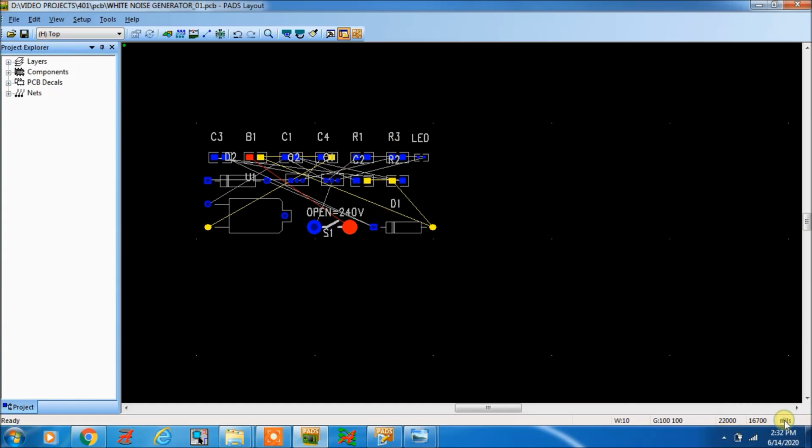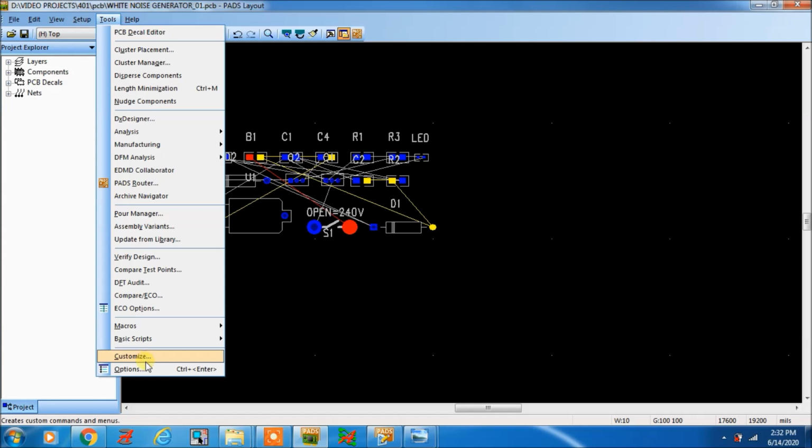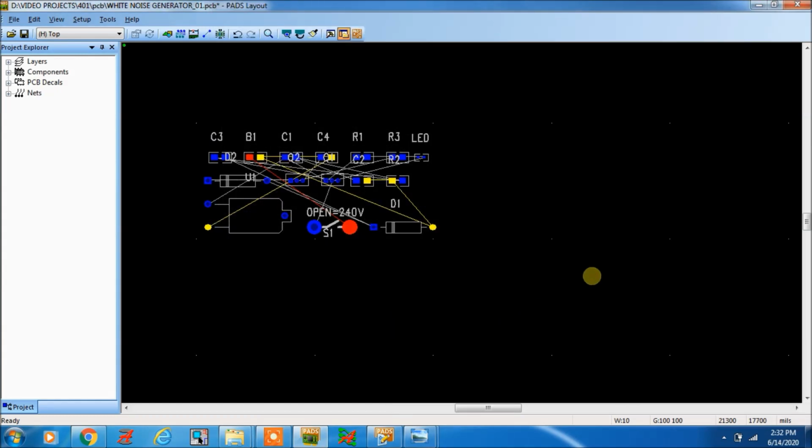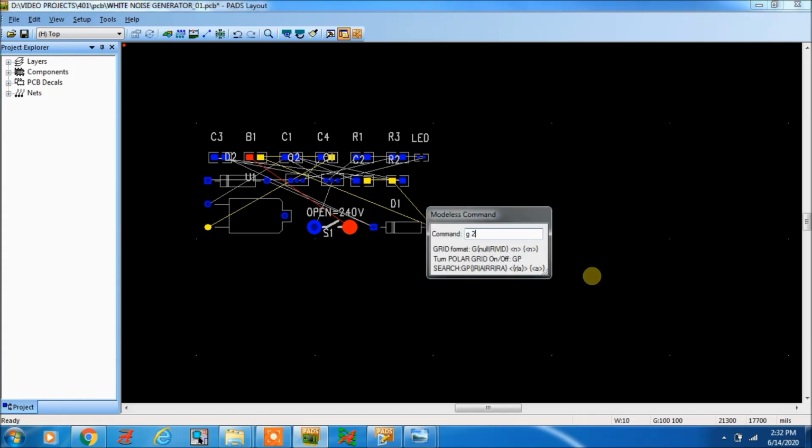Here it is in mils and grid is in 100. For that you go to options, see, you can check it here, 10. Here it is in mils. One thing I should tell you, the placement grid should be 25 and the routing grid should be 5 mils.